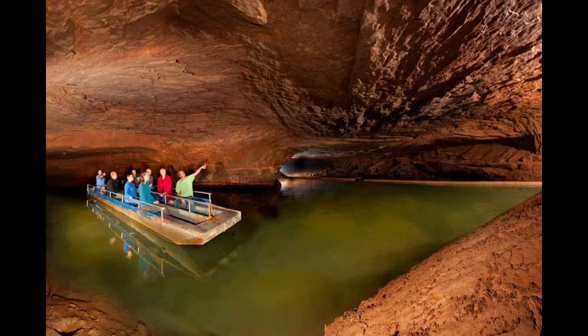Lost River Cave offers several ways for families to enjoy the wonders of Kentucky's unique karst geology and get kids interested in the natural world. The biggest attraction here is a boat tour of the massive cave, the only one of its kind in the state. The Nature Center offers a wide range of activities and programs that encourage visitors to explore the world around